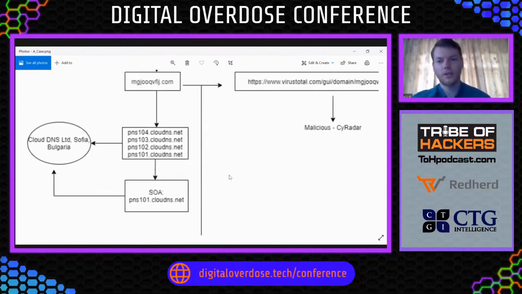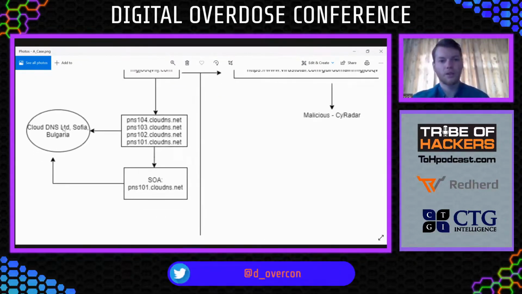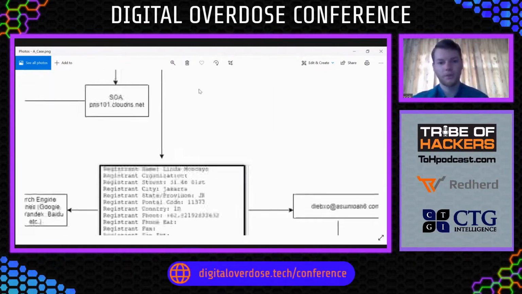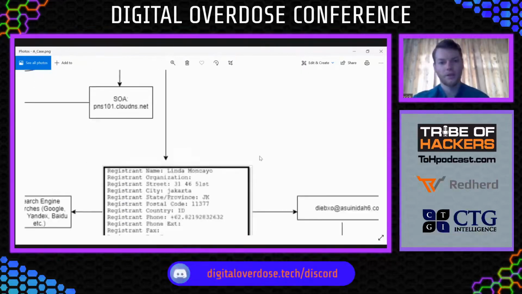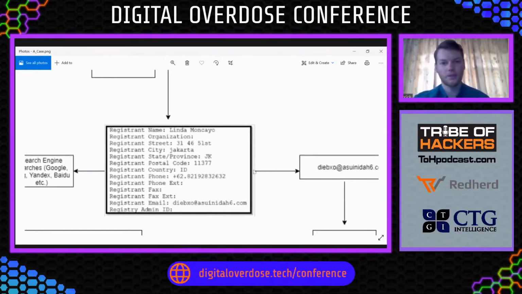Then for this domain, I'm going to look at the DNS records. I'm going to see, for example, the SOA record. I'm going to look at the hosting company, which is a company from Bulgaria, a cheap company, and so on. Then in the third step, I'm going to see who is the registrant of the domain.